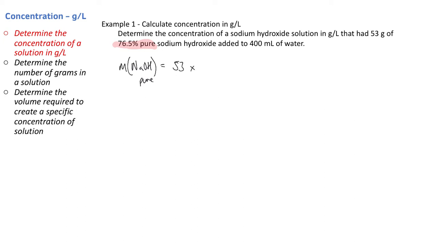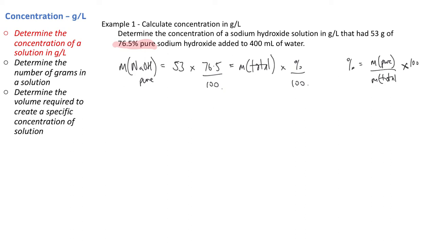times 76.5 over 100. What this is showing is that 53 grams is the mass of the total, the impure and pure, times the percentage over 100, which is a rearrangement of the equation: percentage is equal to mass of the pure over the mass of the total times 100. If you rearrange that equation, you'll get this one over here. So that's the logic behind it. Hopefully you can follow along with that. And that's going to be